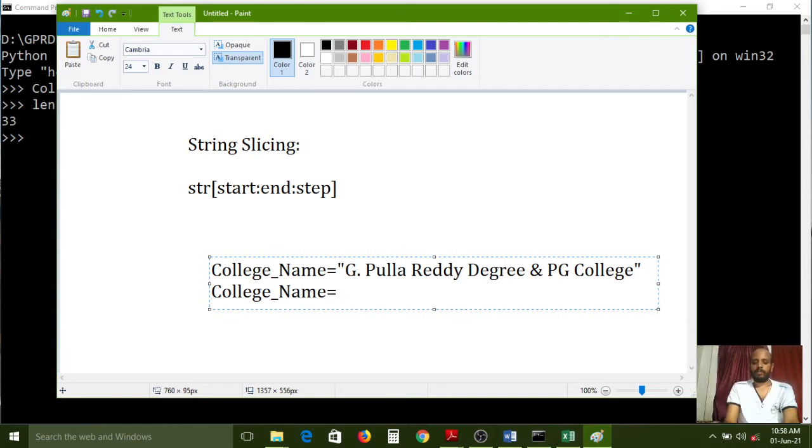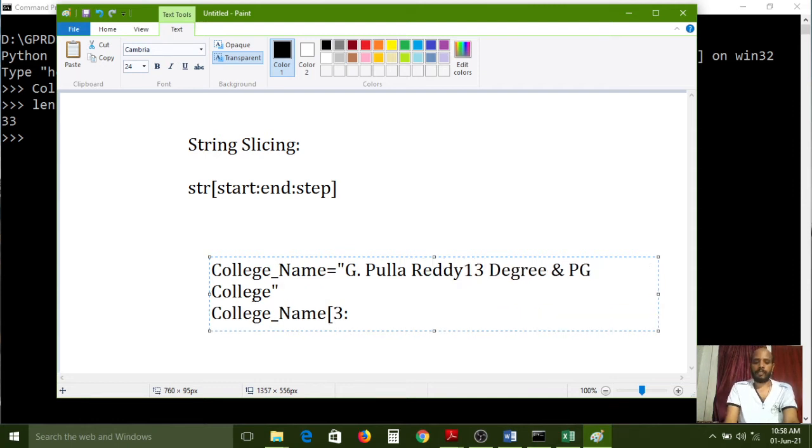Inside one square bracket, the starting value is 3, the third index, colon, and the end value is up to 13.